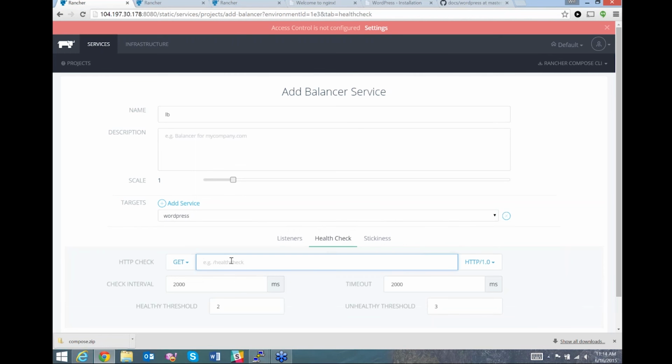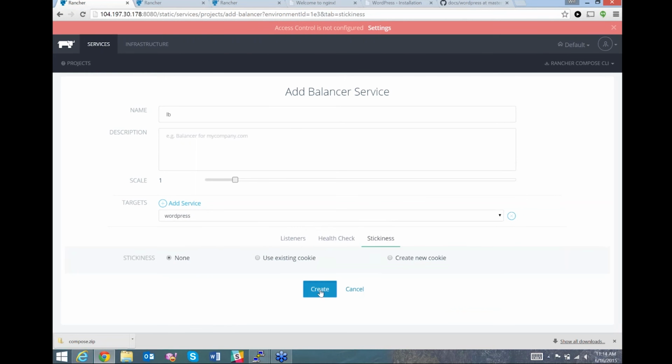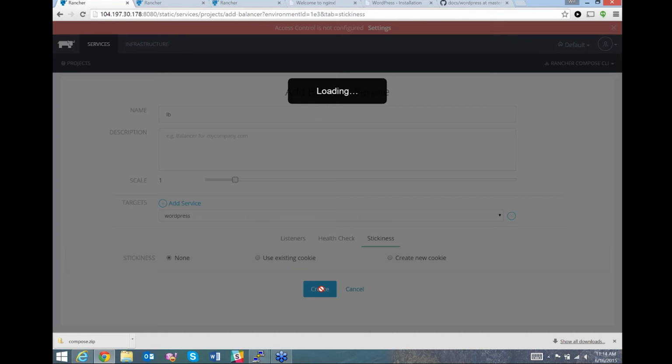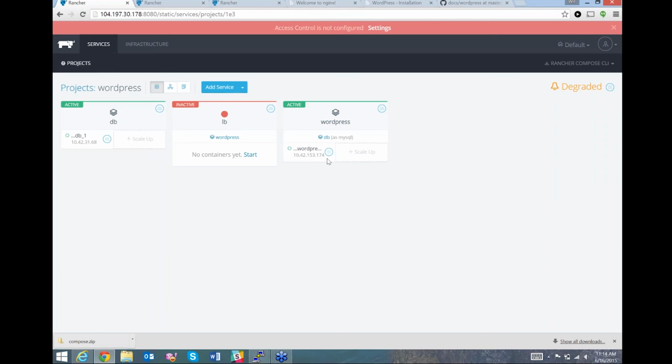If this worked, let me click and run the... Oh, what port did we expose it on? Oh, it's on port 8080. Sorry about that. 8080. Right. Okay. So we got WordPress up and running, and now if we go and we look at the hosts,